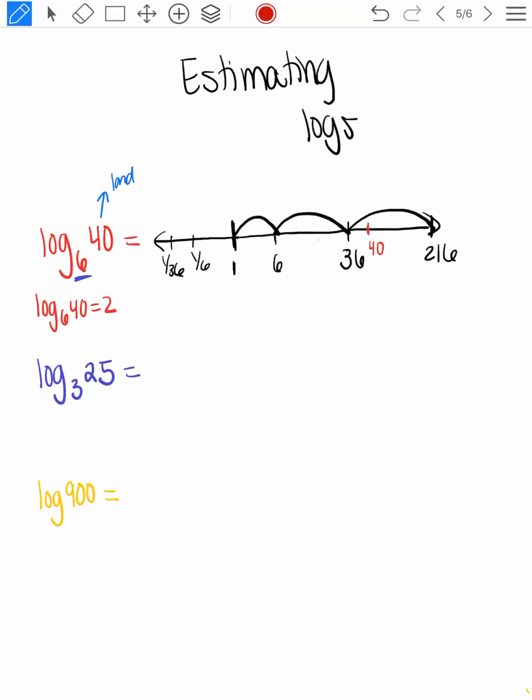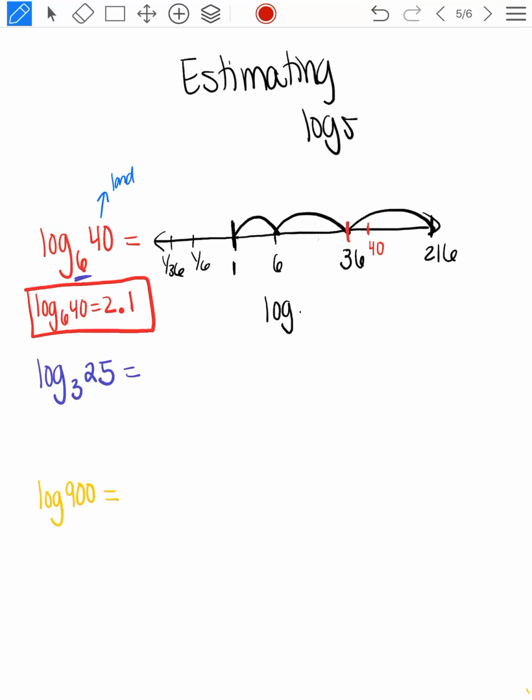and it's actually really close, right? 40 is really close to 36. It's not halfway between 36 and 216. 40 is pretty close to 36, so we're really just estimating. I'm going to say it's about 2.1 or 2.2, because just a little past 36, right? 2.5 is going to get me too far towards 216. So when you're estimating, we're not looking at a perfect answer, but I'm expecting something to be more than 2, but less than 3, and way closer to 2,